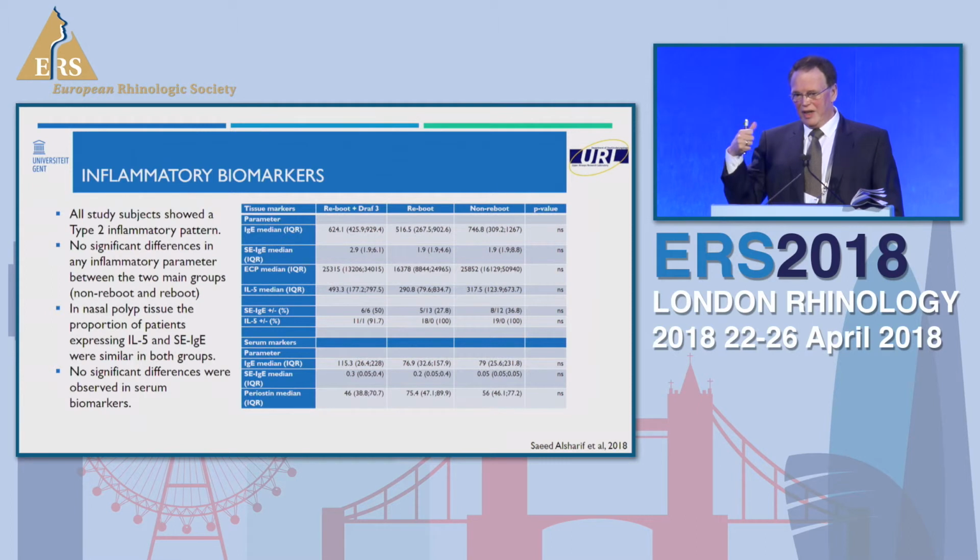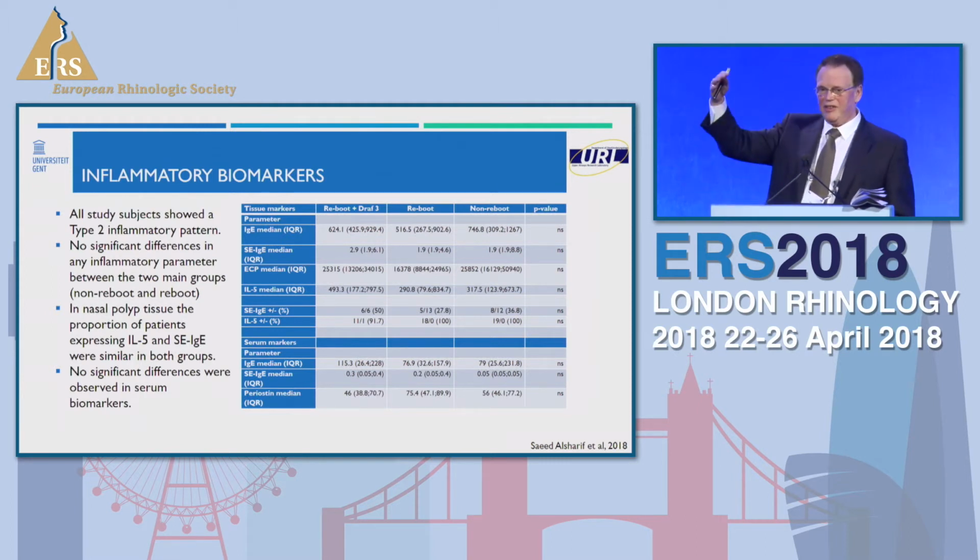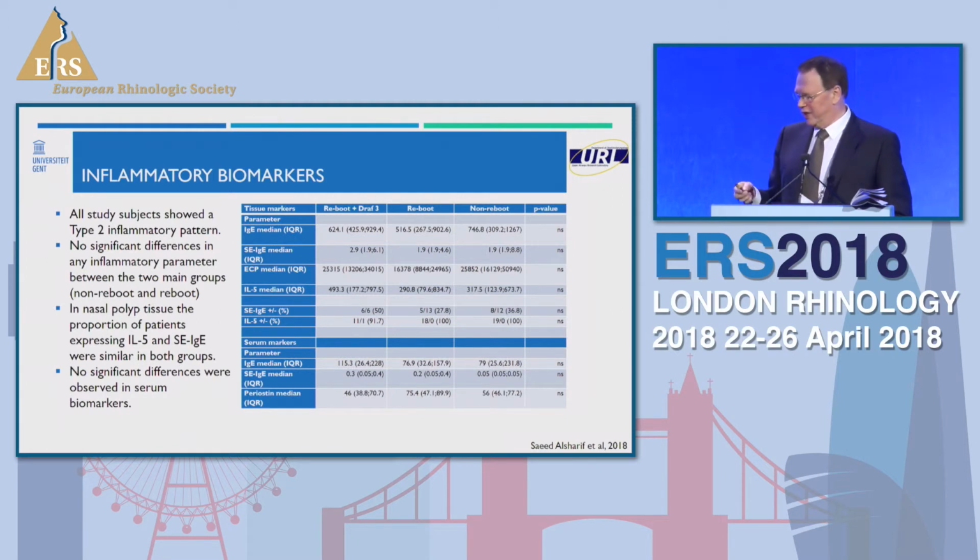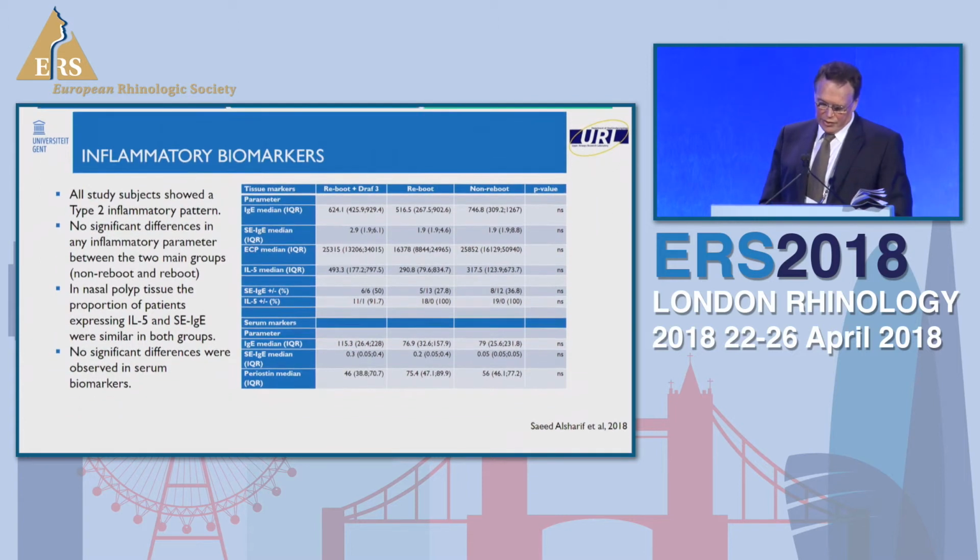Of course, if you have increased eosinophils above 250, 300, the higher the better, so to speak, to be sure that this is type 2. If your IgE is increased, you can easily say that that is very likely a type 2 inflammation. If that patient has comorbid late onset asthma, it's a type 2 in Europe in 99.9%. So all these patients had the same basic level of inflammation.